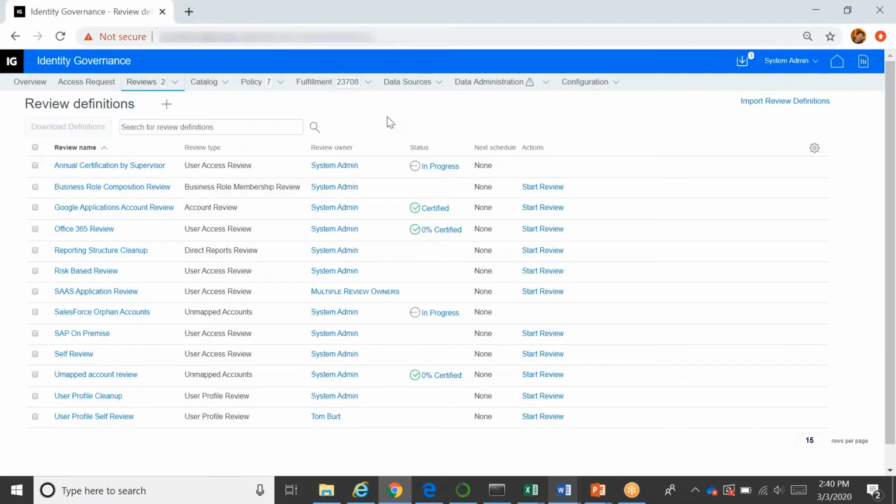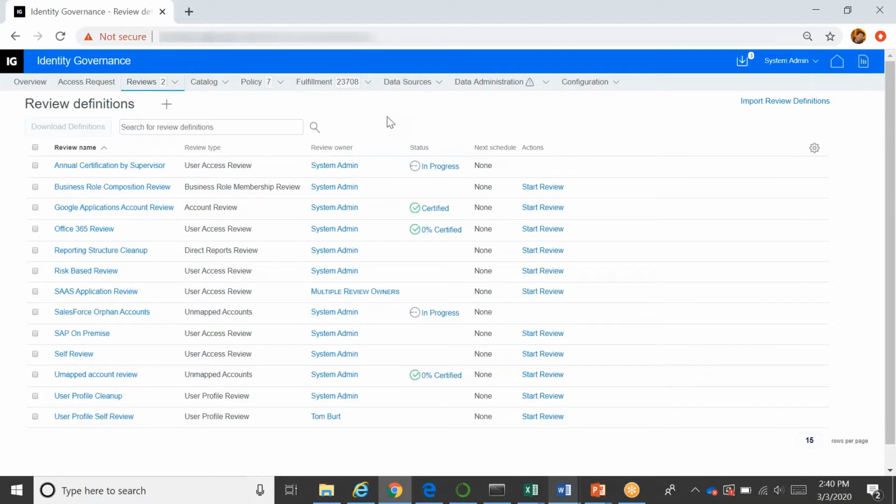So if you just want to do a review of an account, and actually, if you want to do a review from the perspective of an account, you're not really as concerned about who the user is, but you really want to know what this account is able to do, regardless of who is using that account. You can create those kind of reviews as well. You can also create reviews that review the identity information of a user, and you can do that as a